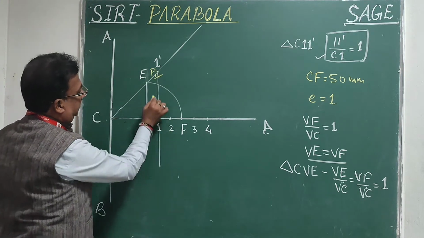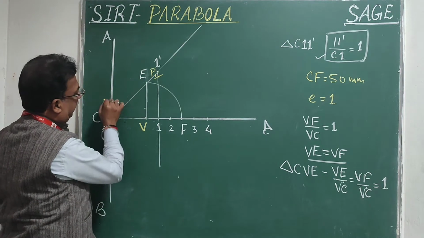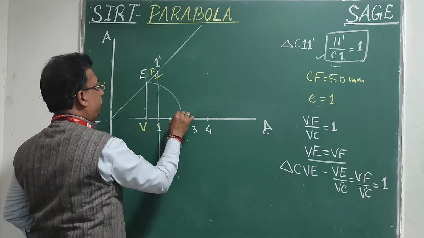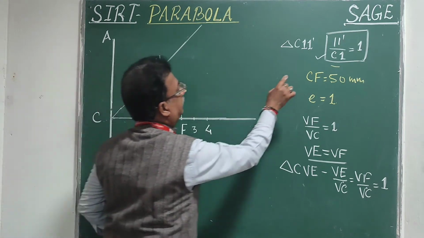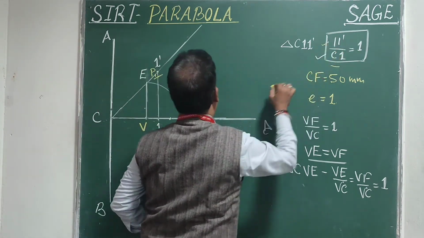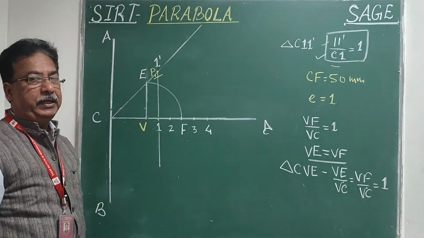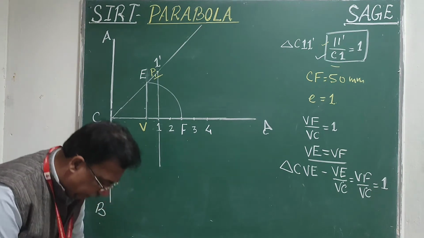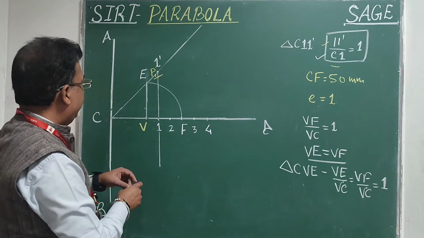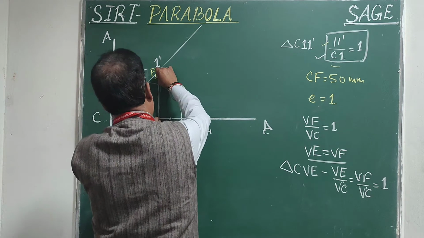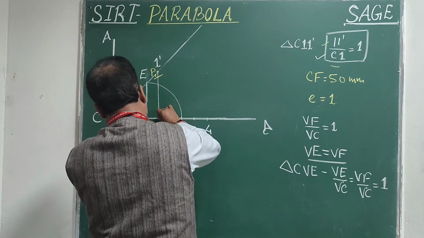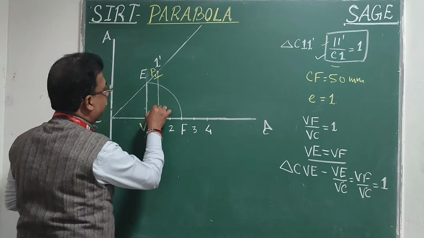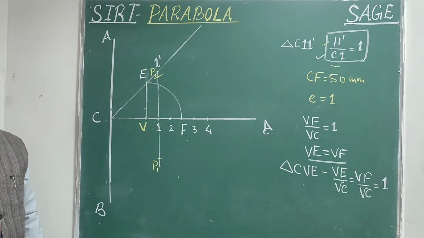Now look at this. The distance of P1 from AB will be C1, that is this figure, and the distance of P1 from F will be 1 1 dash, that is this value. So it means that its ratio will be again 1. So that is one of the points on the curve. The same way, at the same distance on the bottom side also we can get another point, that can be P1 dash. So these are the next 2 points on our parabola.